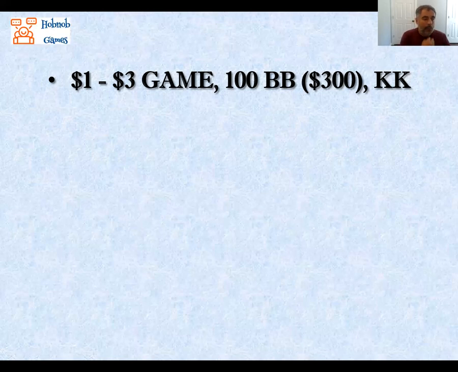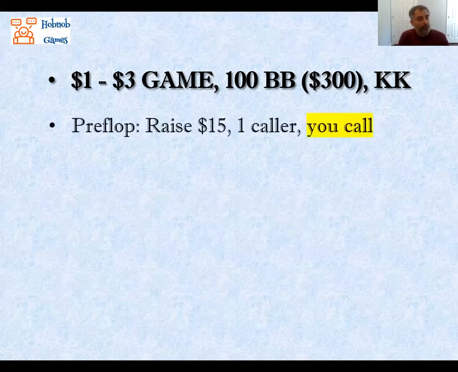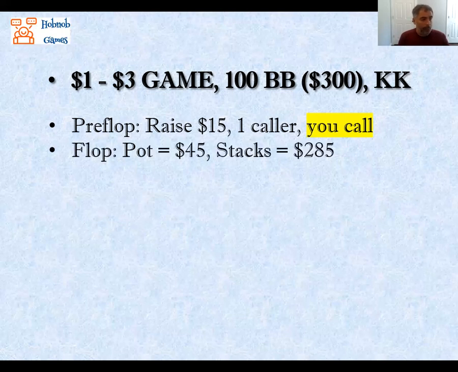Let's take a look at mathematically what happens. So let's say pre-flop, someone raises, and in a 1-3 game, a fairly standard raise size is $15. So someone raises to $15, someone calls, and now the action's on you. If you don't 3-bet, if you just call, let's see what it takes in order to get stacks in. So you just call. So now going to the flop, there's $45 in the pot, and each player has $285